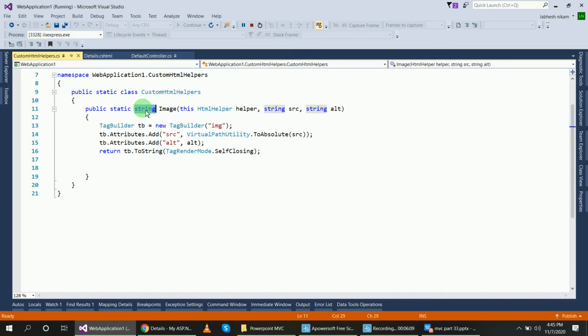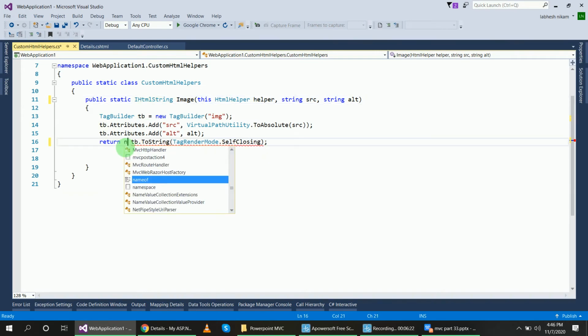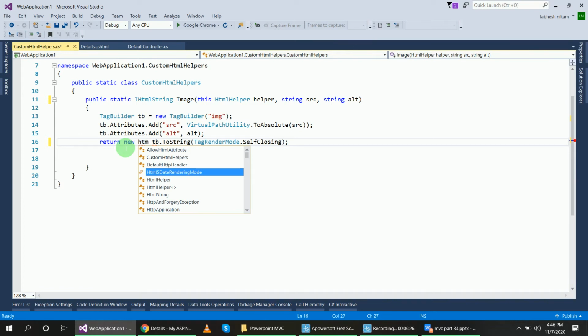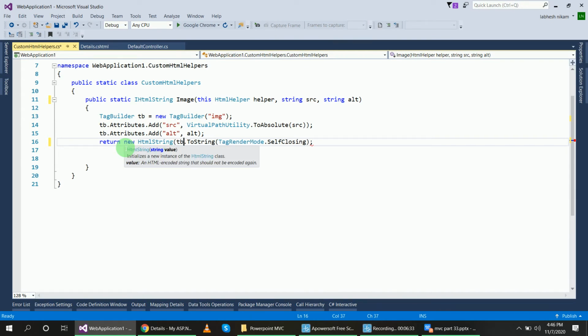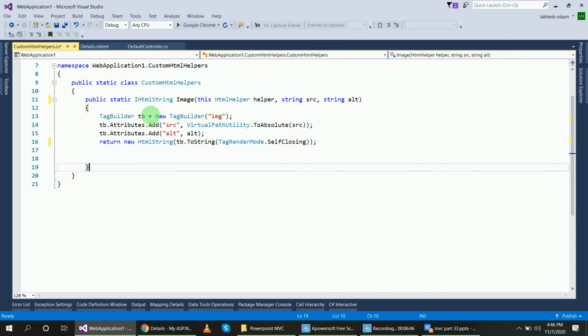In place of string I will use IHtmlString, and here I will use new HtmlString inside the brackets. HtmlString implements the IHtmlString interface and returns the value without encoding it.